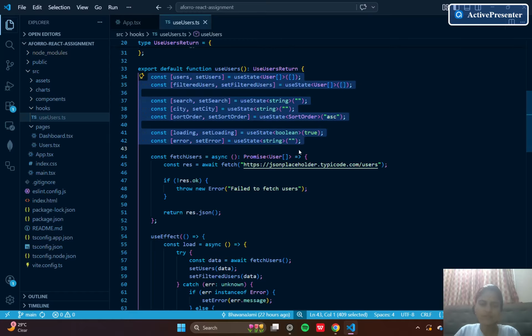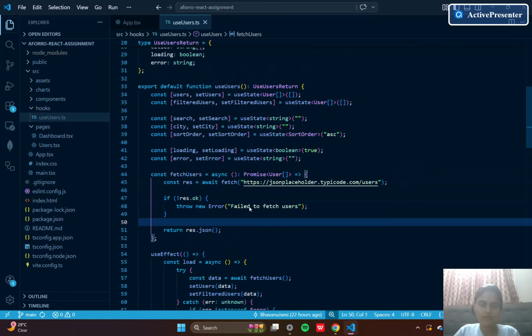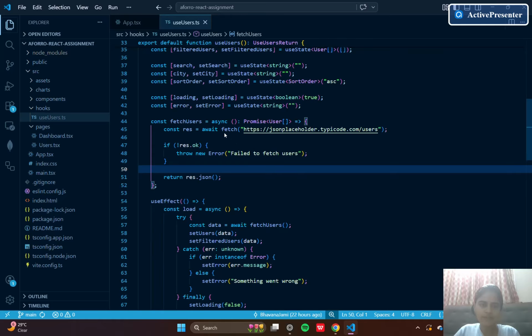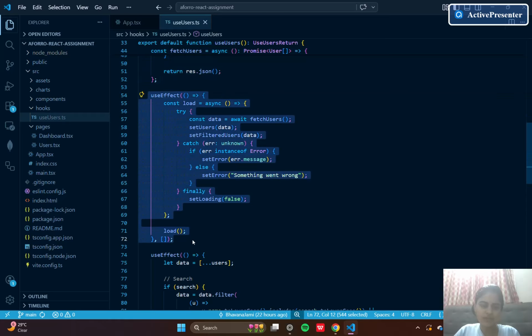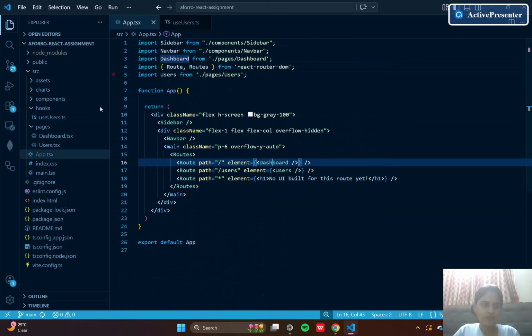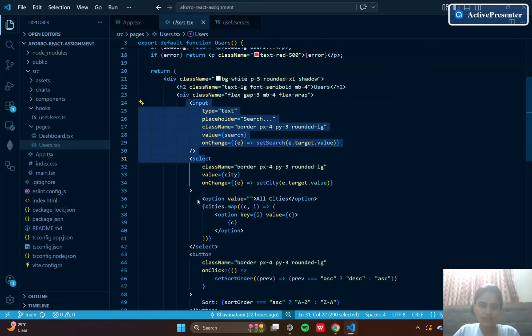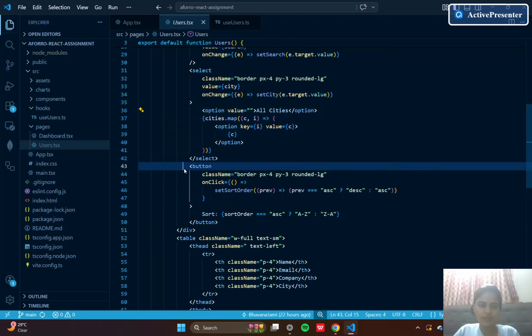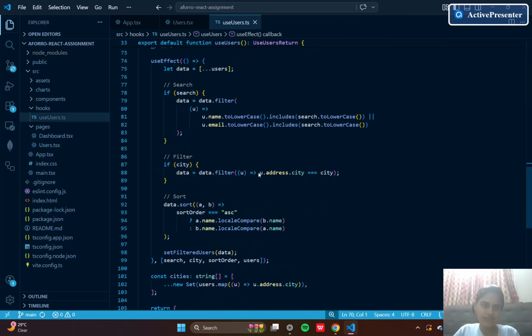So I just used the React hook useState to store the local data, and I've used fetch in order to make the API call, and then this useEffect hook I've used to fetch the users on the page load, and then whenever the user makes an action, if they type or select something from the drop down or click on the button to sort the data, I will capture this event and trigger that particular event that gets registered here, and